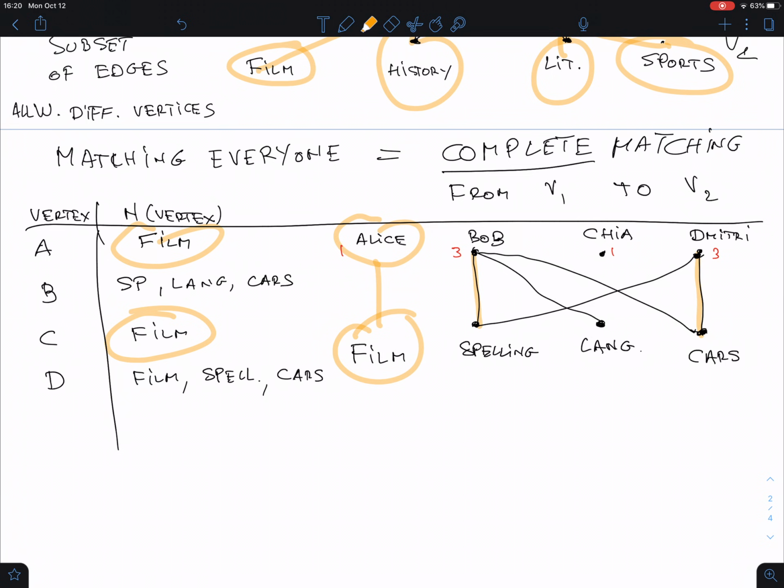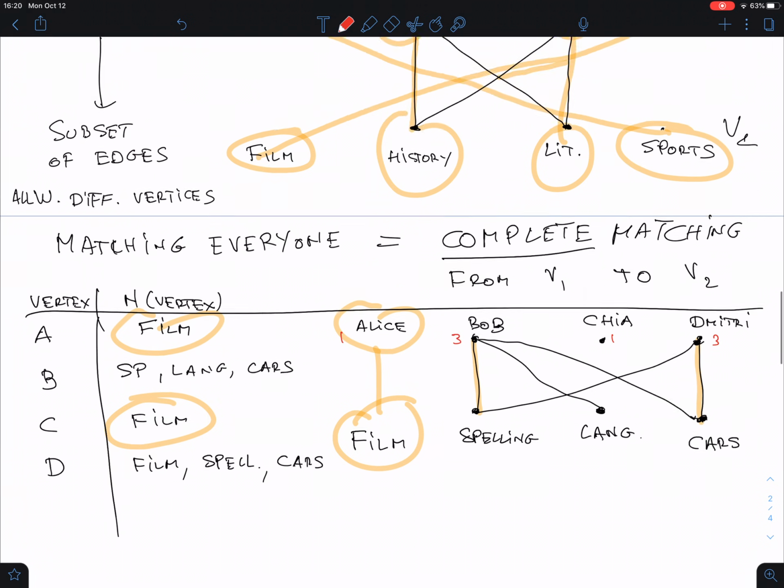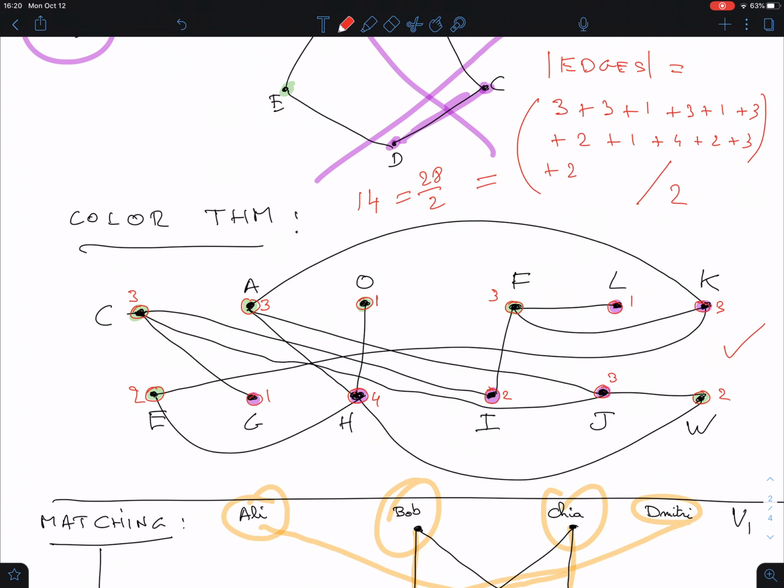Okay, so now comes our main theorem. How can I figure out? Okay, here we tried it and we see immediately it didn't go. But what if in this more complicated graph here, let's go back to